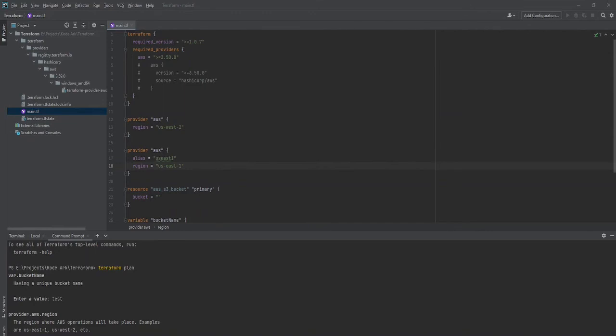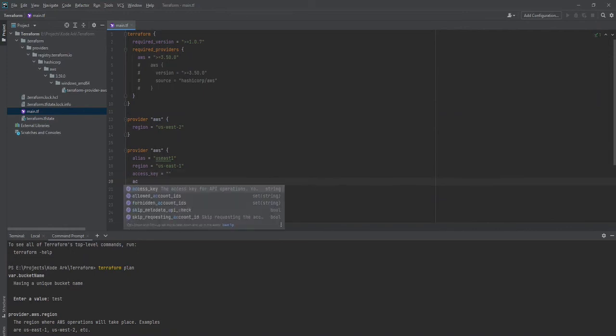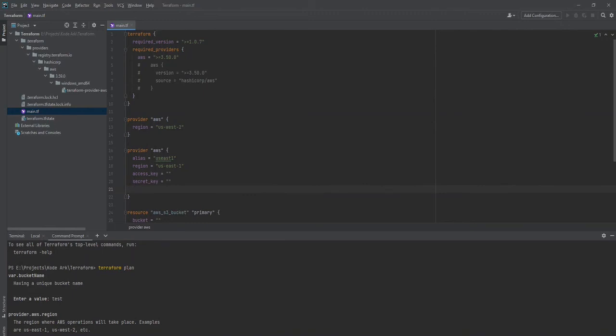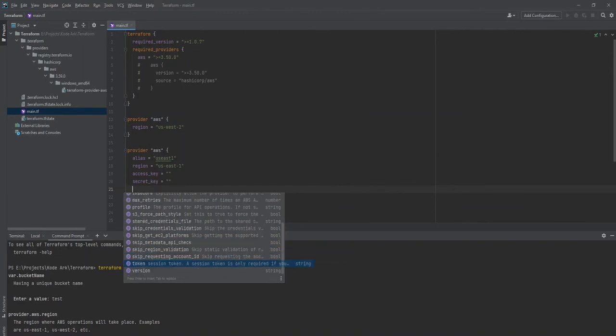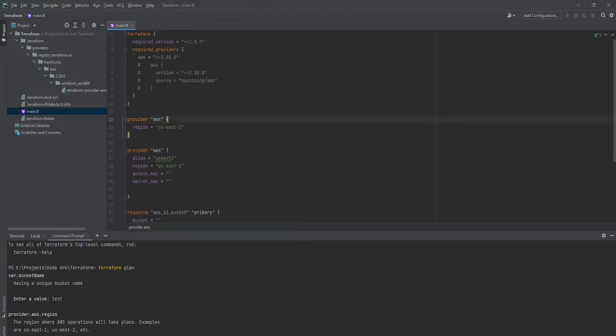This is the region setting, but we can have more information like access key, secret access key, all the information that you want. It has all the information. We will not think about this part now. We will see this in the next lecture when we actually start provisioning resources on AWS.